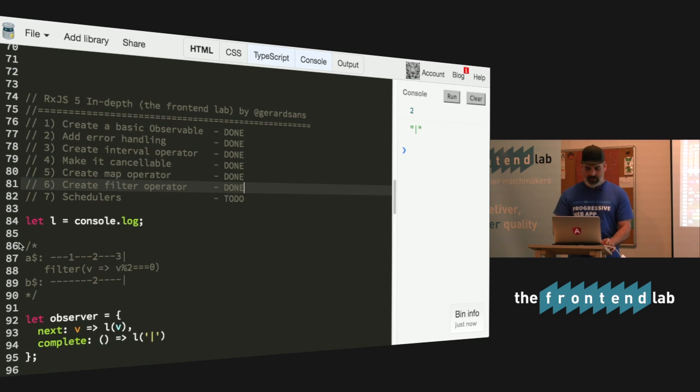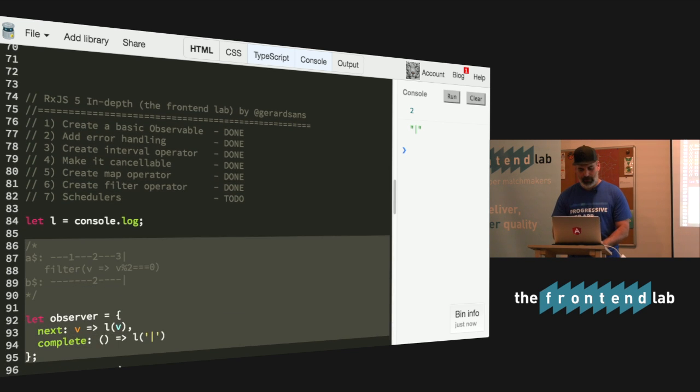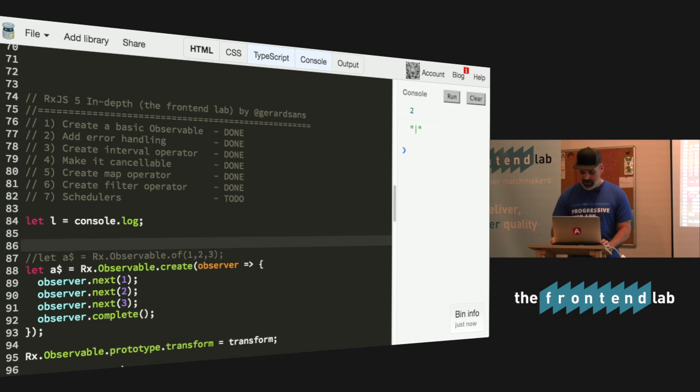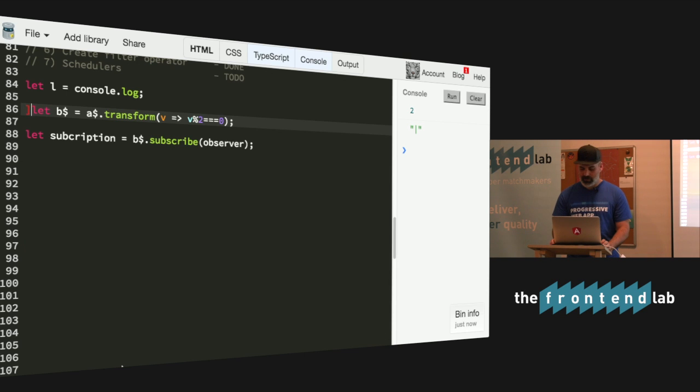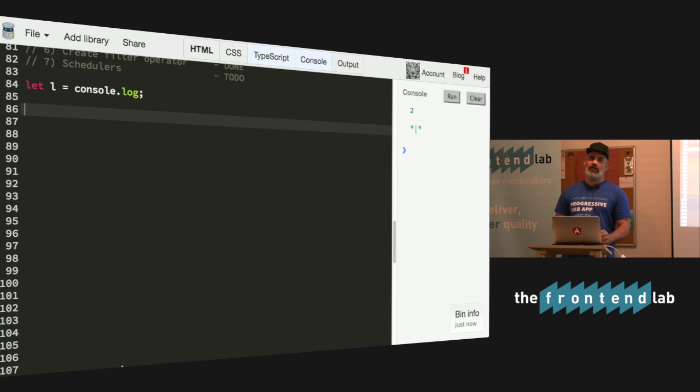The next topic I want to cover is schedulers. Schedulers is a nice API that allows us to change the context of execution for our observables, and this is quite advanced. So I'm going to start with how promises work, and I'm going to use the promise in ECMAScript 6, and this is just a simple promise. I'm not going to implement reject. So basically, I'm going to resolve a value,